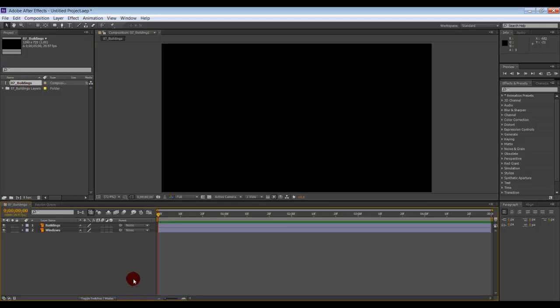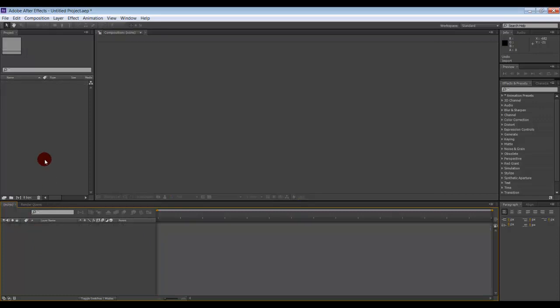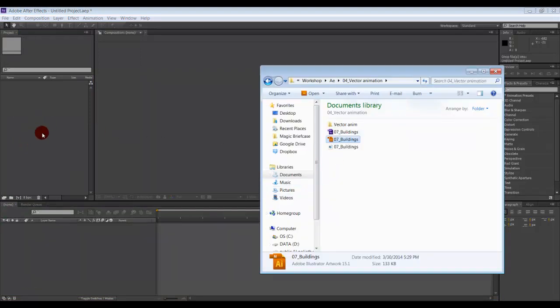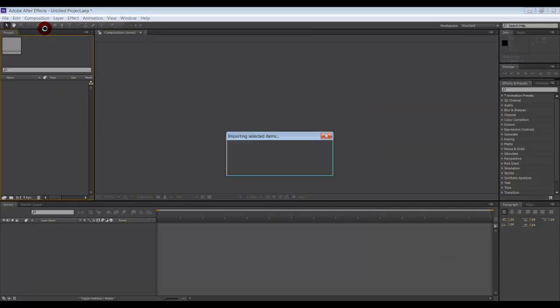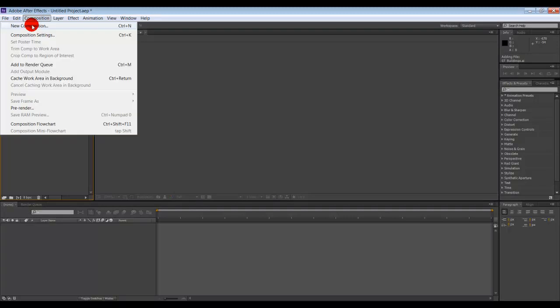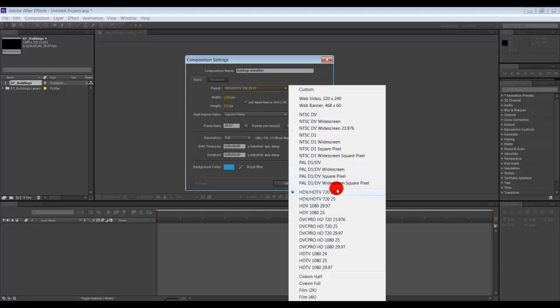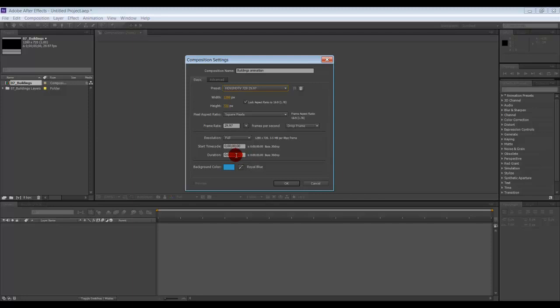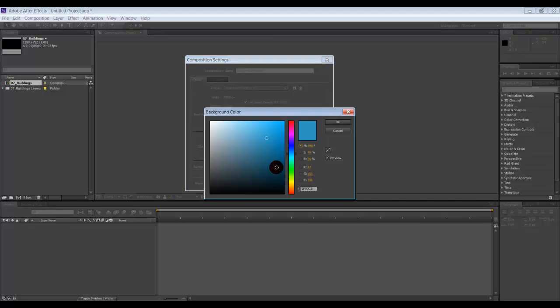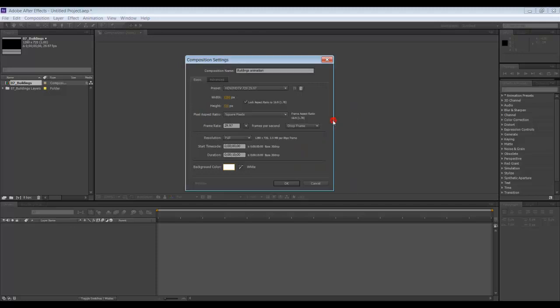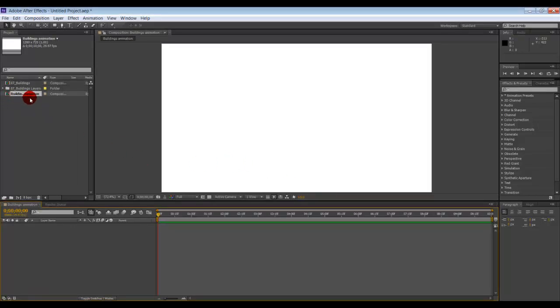So here we have our buildings as a composition file. We can double click and open up the composition, or we can create a composition. First, let's import again the Illustrator file. We can create a new composition, call it buildings animation. We can select our dimension here, HDTV, the duration, let's make it 10 seconds long, and then the background color, let's make it white. Okay,